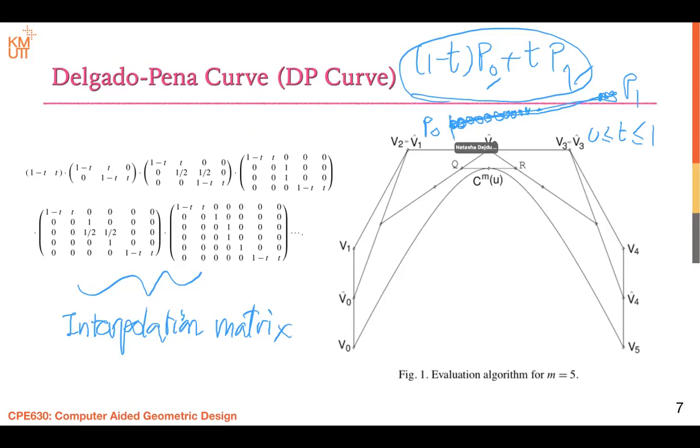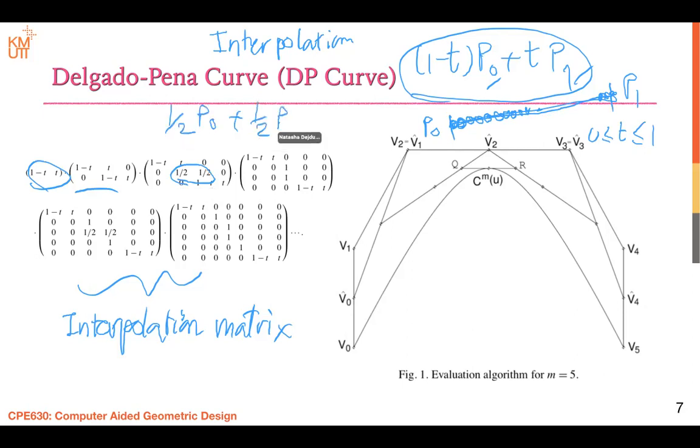Starting from P0 to P1, right? This we call interpolation, right? And this one is also interpolation. And this one is also an interpolation matrix as well, because 1/2 P0 plus 1/2 P1 is also an interpolation as well, right? Once again, I have to remark here that